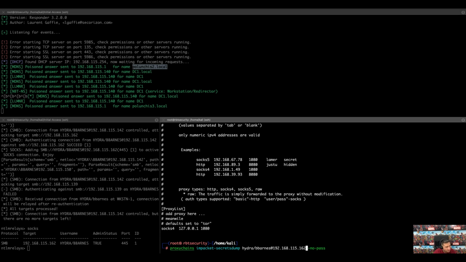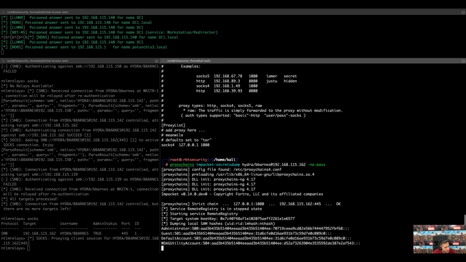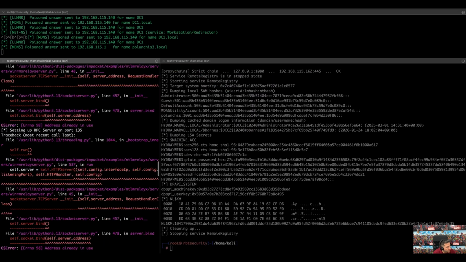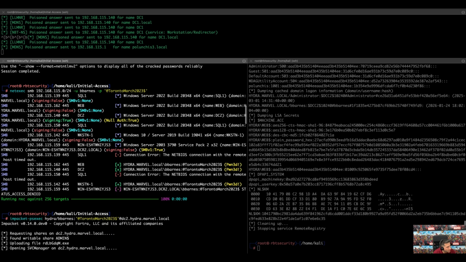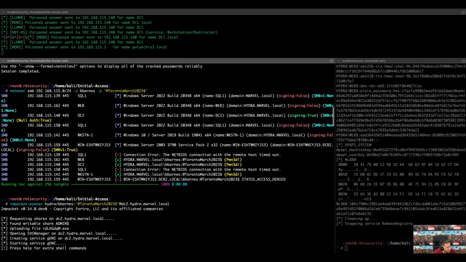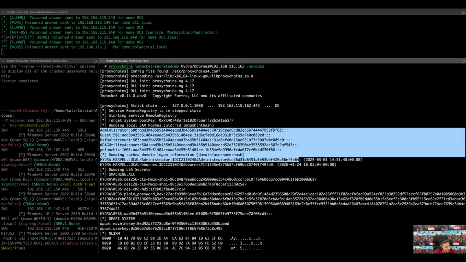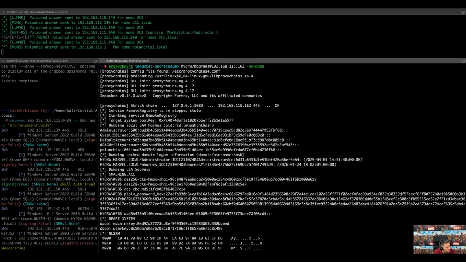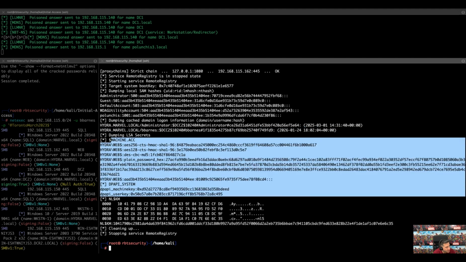Basically, if everything goes well, we are going to dump all the hashes from this machine. If we remember correctly, this machine is 162. 162 is web, and as we can see in here, we successfully dumped all the hashes. We dumped the SAM database hashes, and also the hashes for the domain, the LSA secrets, right? So yes,